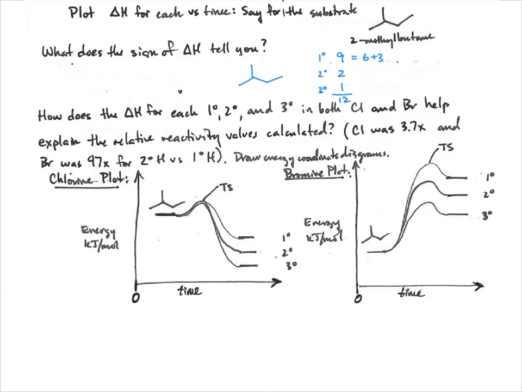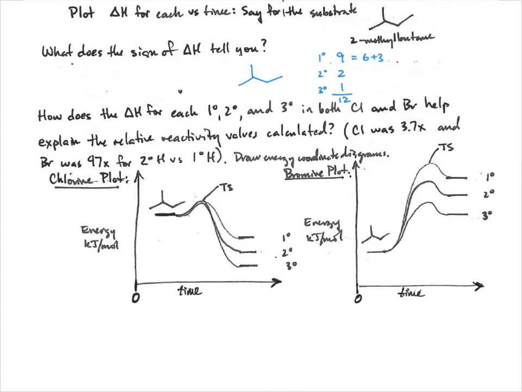So here we're starting, this is our starting material right here. This is the 2-methylbutane. Now for chlorine, we said that the formation of the radical is exothermic. So on the reaction coordinate, going from the starting material, moving forward, time is moving forward, things are